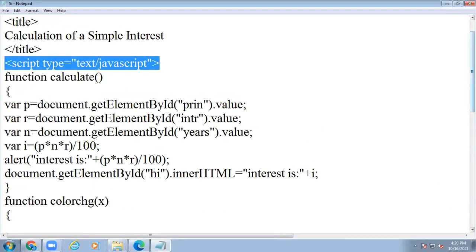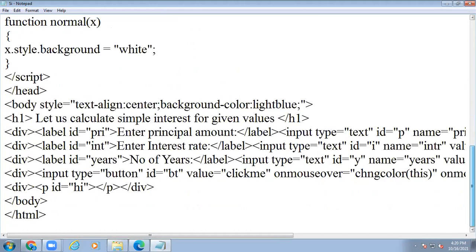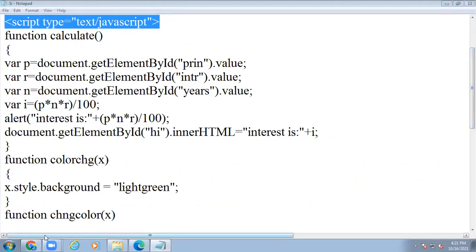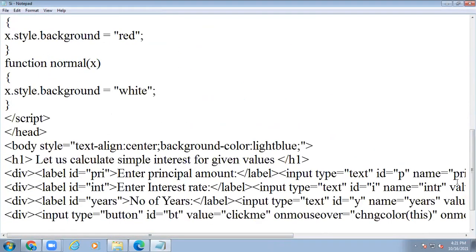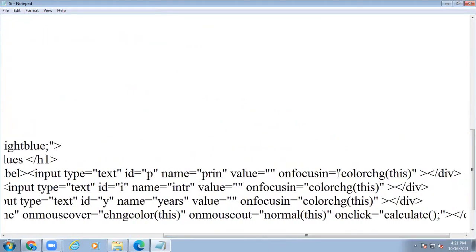So the first one we have to consider here. See here, the first one is the onfocus event. What is the function we have to define here? Color change.